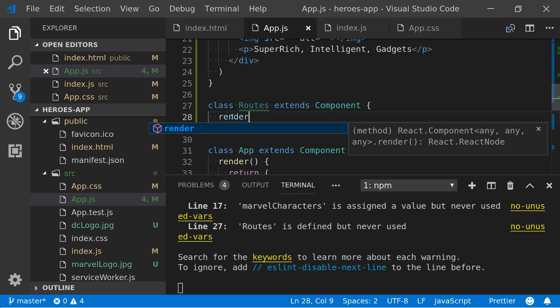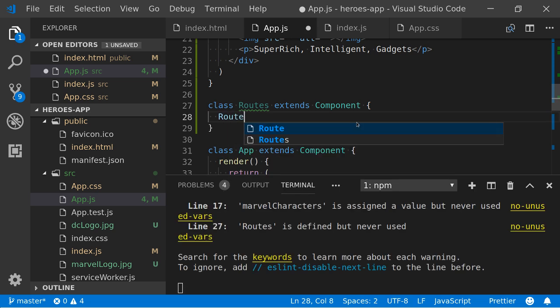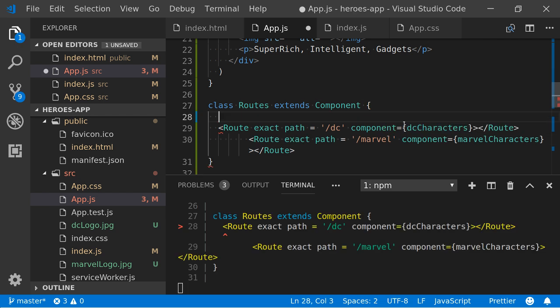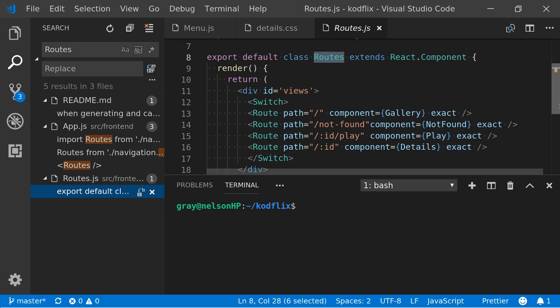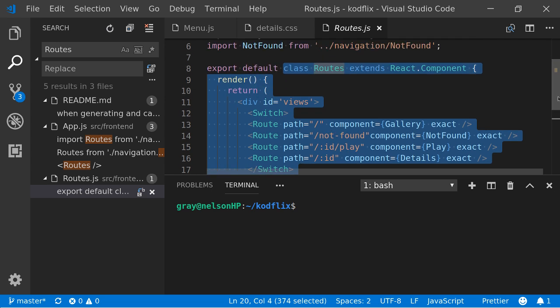Thank you. Sorry, just for speed, I'll copy over my previous routes component.